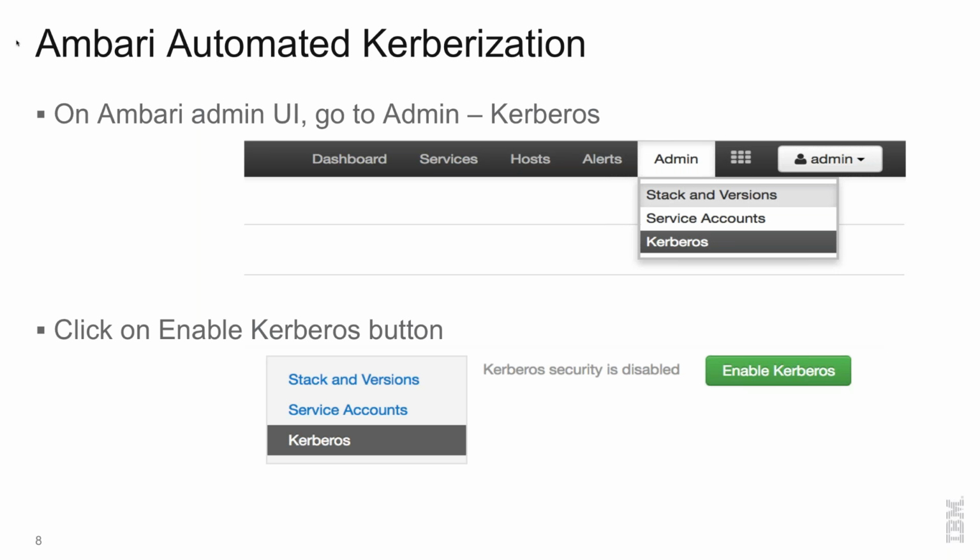When you are inside the Kerberos page, there's a button called Enable Kerberos, and you just click on the Enable Kerberos button,